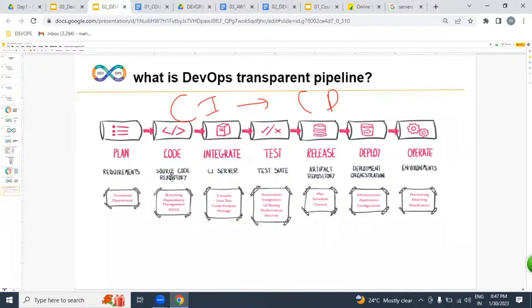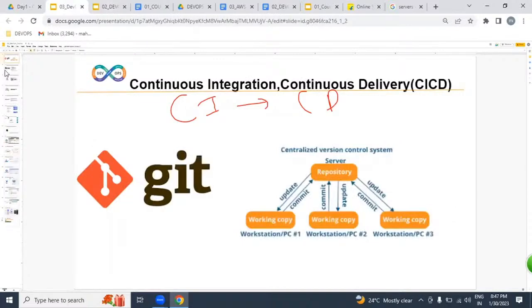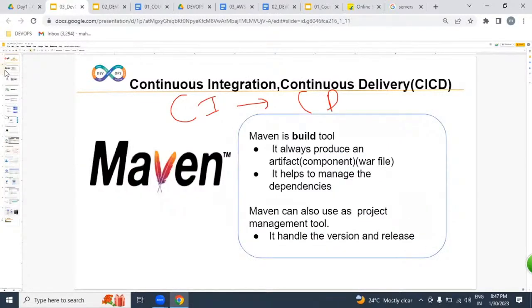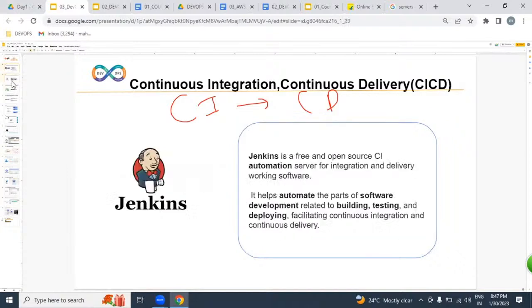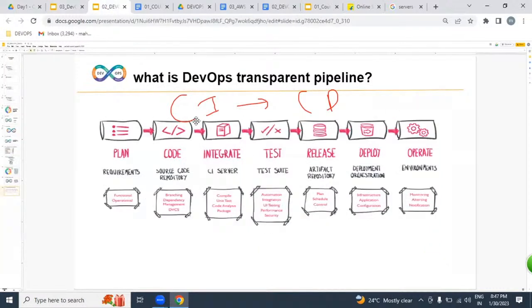Once we have the code in Git, we are going to execute and build it in an automated way with the help of Maven. Maven is a build tool. With the help of Maven, we can build the Java project. But this entire process, we are going to automate with the help of Jenkins. Jenkins is an automation tool to implement the CI/CD process in an automated way.